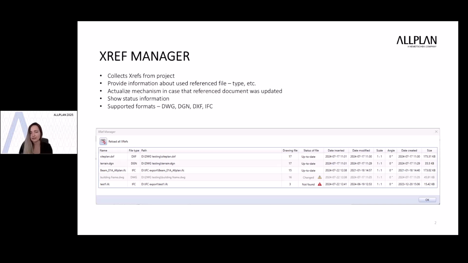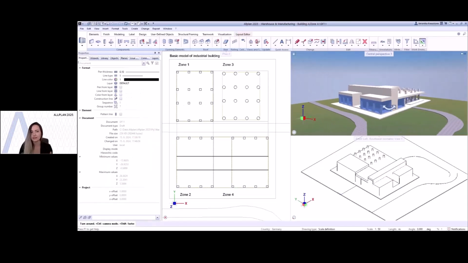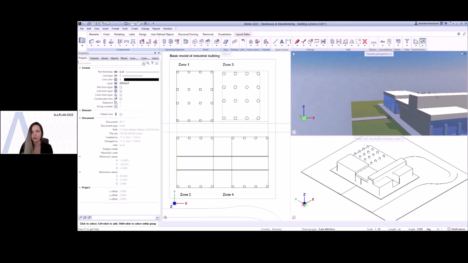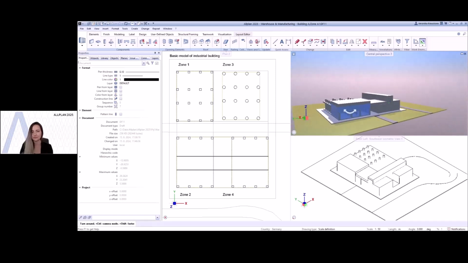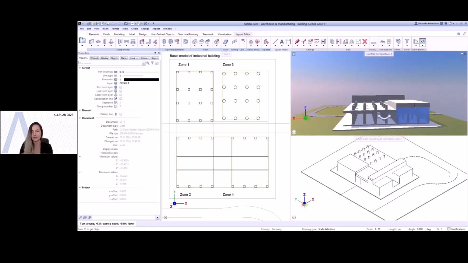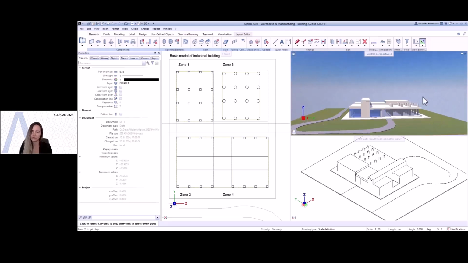And Xref Manager, besides saving time, is also an important tool for teamwork. I have here an example of a project where work begins with just basic measurements. And this is an existing warehouse which consists of 4 separate zones.